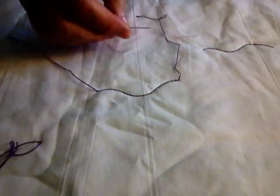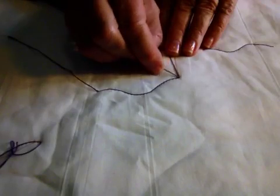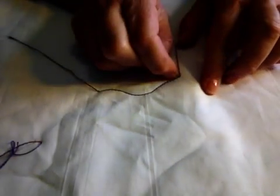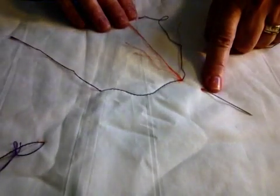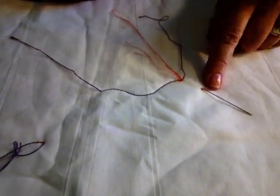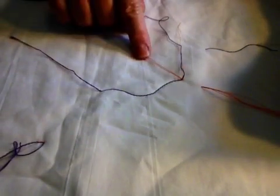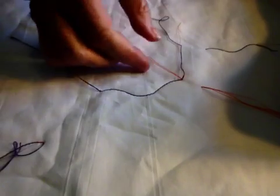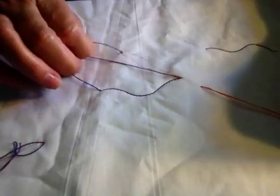So I want to bury the threads that I have on the end here. So I'm putting my needle point into the hole where the threads have come up. I go through the batting and I bring my needle up about an inch-ish away. I'm going to give a little tug on that. See where my loop is from my double thread? I'm going to grab the loop, pull through the threads,